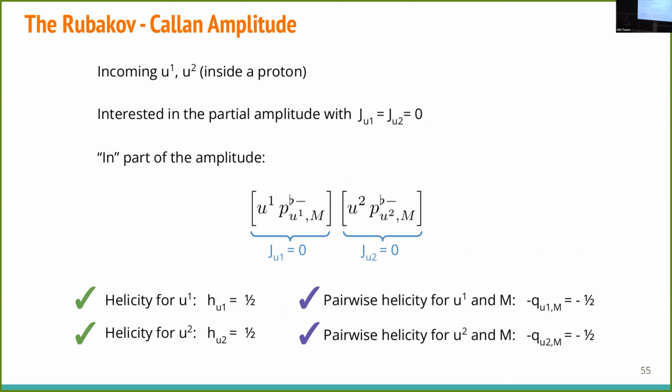So we need the single particle transformation for the U1 and the single particle transformation for the U2, saturated by the spinor. These are single particle spinor helicity variables associated with the two U's. And to saturate the correct Q factor, which is the E times G, we have to have one pairwise spinor associated with U1 in the monopole and one pairwise spinor associated with U2 in the monopole. So this has exactly the right transformation rule that we postulated.